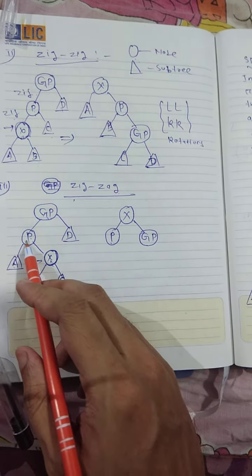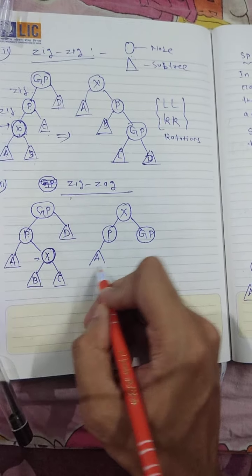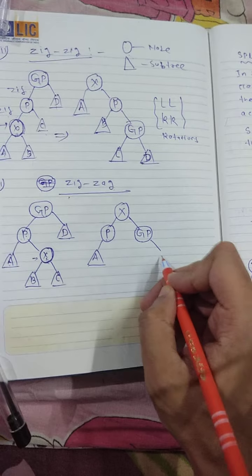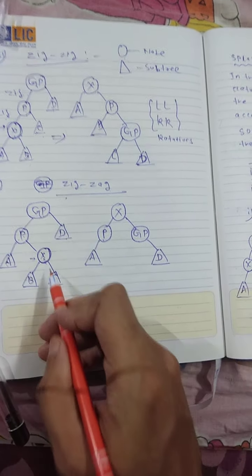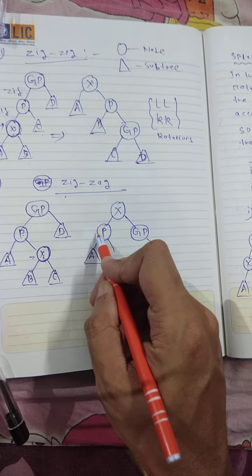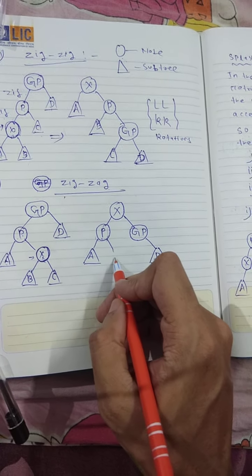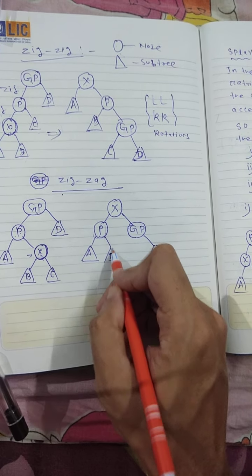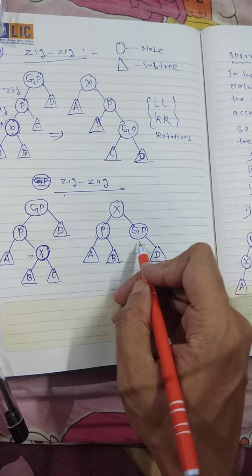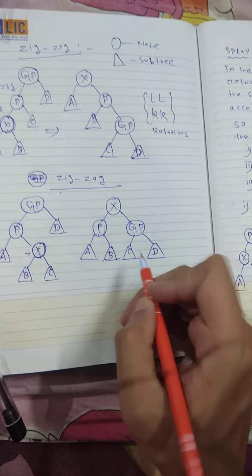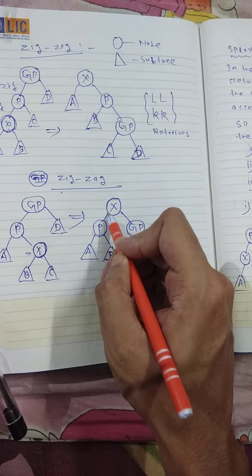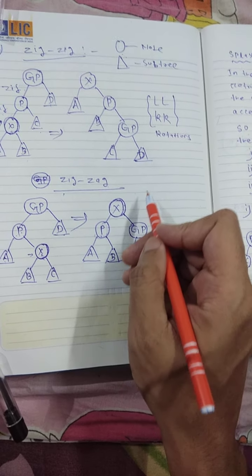Suppose the parent is less, I am taking it on the left side, and here is the grandparent. The parent's left side is A. Now we adjust the subtree like this: A, then D is here, the grandparent's right side D is already there as it is. Then the left side of B goes to the right side of the parent's child, and the right side goes to the left side of the grandparent, which is C. Now this is your splaying tree using the zigzag rotation. Here the target has now come to the root, so that we can directly access this X.